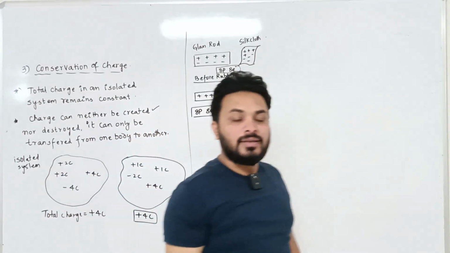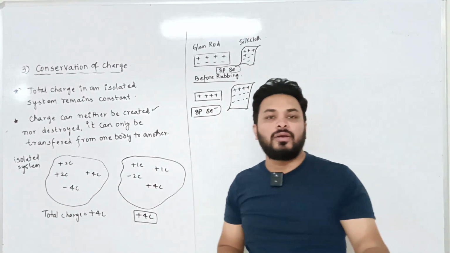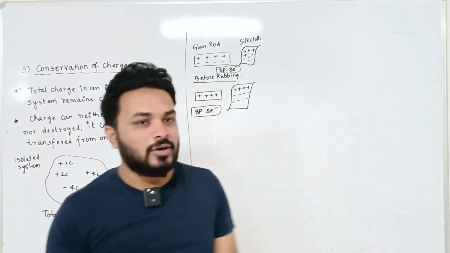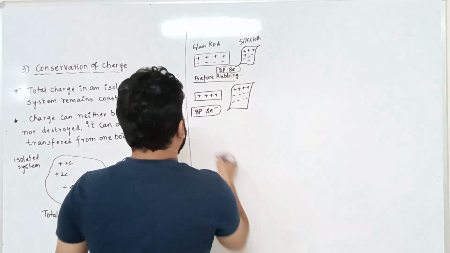इसका मतलब क्या है? Charge can neither be created nor be destroyed. It can only be transferred from one body to another body. This property we are calling the conservation of charge. Understood? Okay. So now the next property,